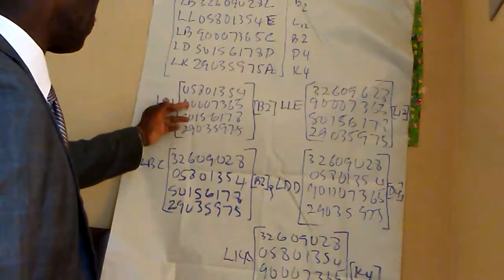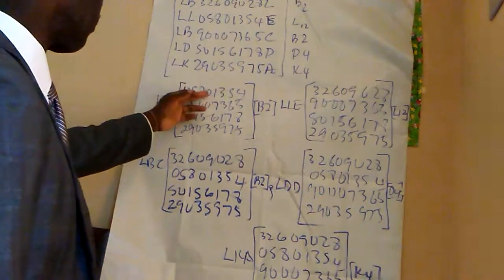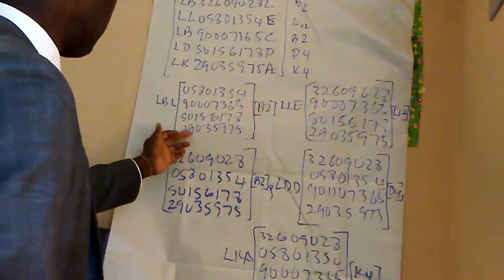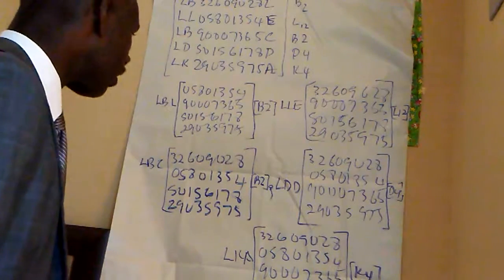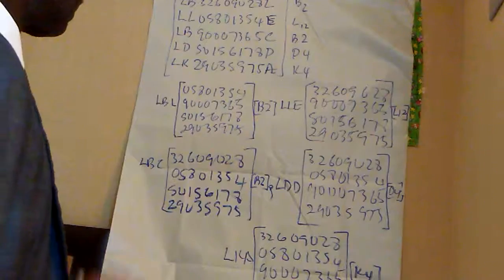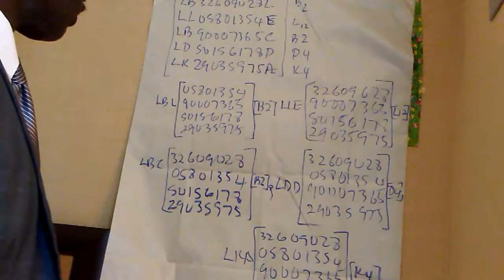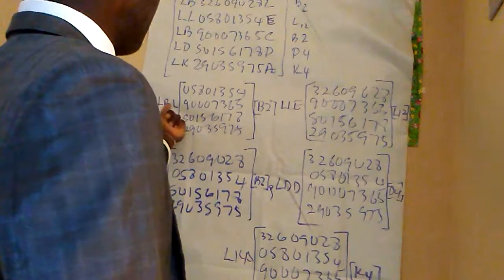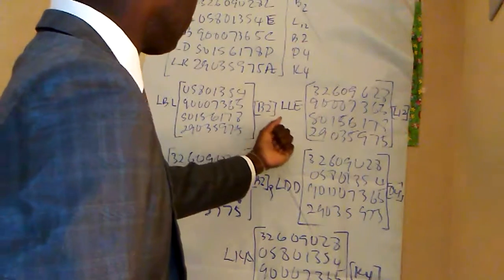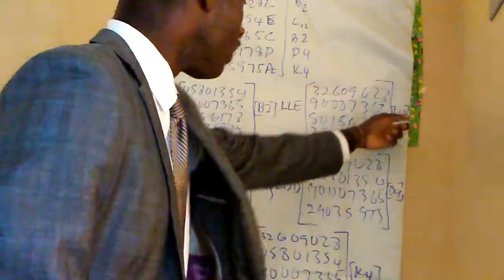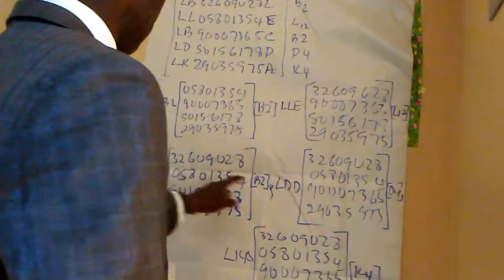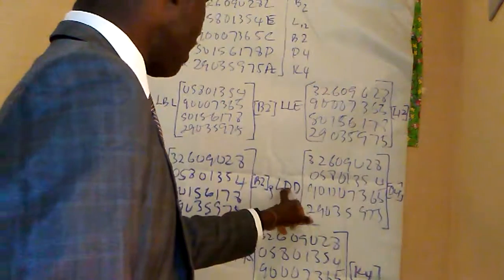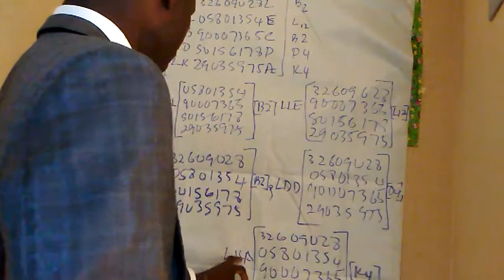Notice these are 1, 2, 3, 4. 1, 2, 3, 4, 5, 6, 7, 8. 4 by 8: 4 rows by 8 columns, all of them. And also note that B is always taken, the mid of this B, B2. Mid of this is L, L12. Mid of this is a B, B2. And mid of this is D, D4. Mid of this is K,